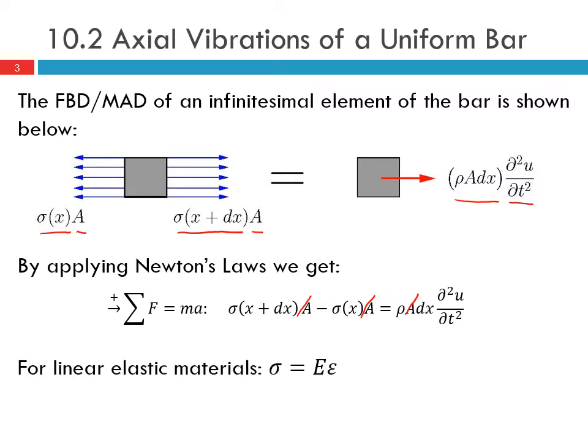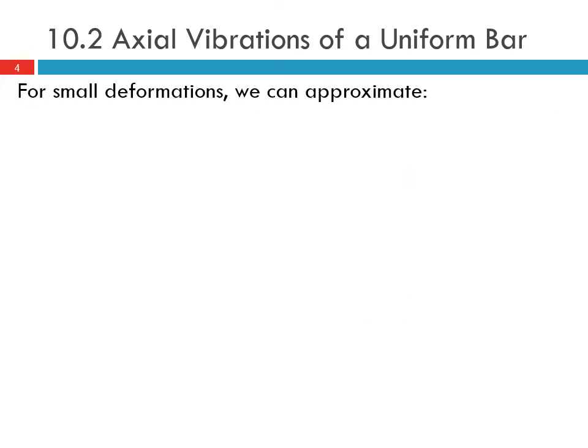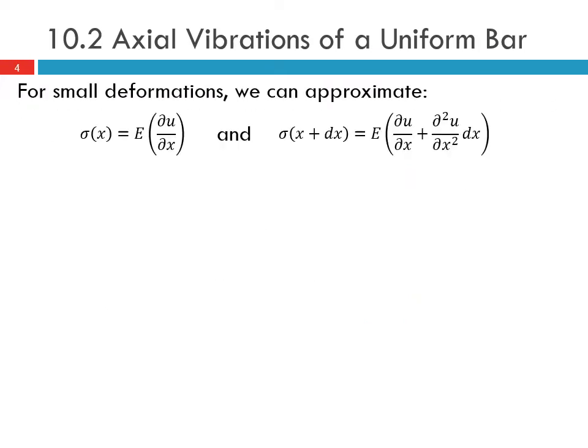Now for a linear elastic material, sigma, the stress, is related to the strain through the Young's modulus. So sigma is equal to E epsilon, where E is the Young's modulus and epsilon is the axial strain, which is equal to partial u by partial x. For small deformations, we can approximate sigma of x is equal to E partial u by partial x, and sigma of x plus dx is equal to E partial u by partial x plus partial squared u by partial x